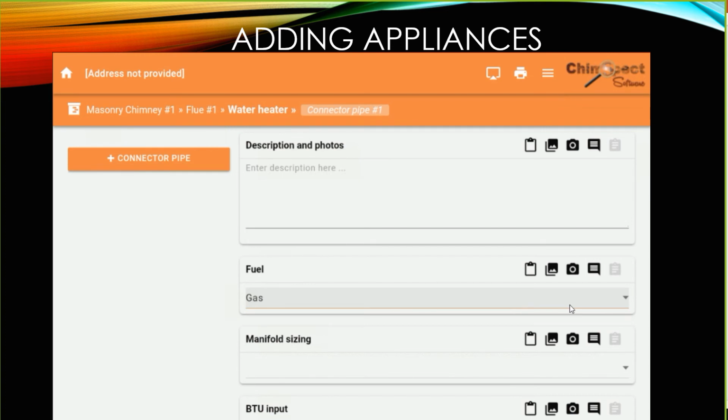and especially the BTU input rating on it, because, let's say for example that you've come to a home, you've done an inspection, there's a properly sized steel liner in the flue for the water heater and furnace, and they're both connected into that. It's, let's say, an 80,000 BTU furnace and a 30,000 BTU water heater, and it's properly sized. Well, let's say this is a family of 6 and they were always running out of hot water. So they decided to get maybe an 80,000 BTU water heater, and the plumber that hooked it up, or the homeowner that hooked it up, connects it into the same flue, and it's possible now that that flue is undersized